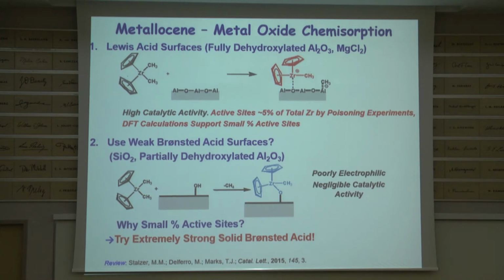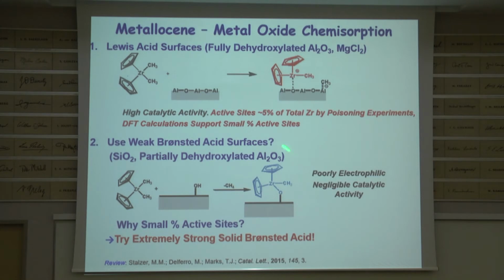And you can probe this in two different ways. We could see by NMR when we fed this ethylene, only a small percentage of the sites reacted with ethylene. Or you can run the catalysis, let it turn over and titrate in a poison, which kills the catalyst. And either way, you can see only about 5% of the sites actually do any catalysis. And that's really surprising. If you were an industrial manager, it means 95% of the catalysts you're buying are just being thrown away. So then you say, well, what's going on here?